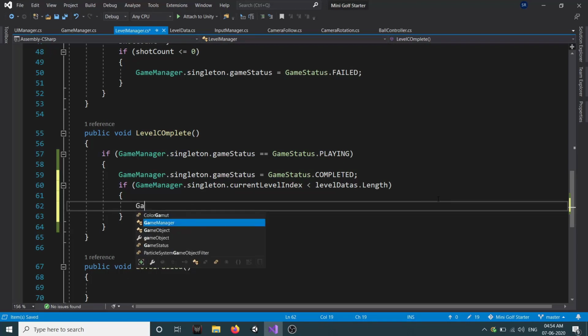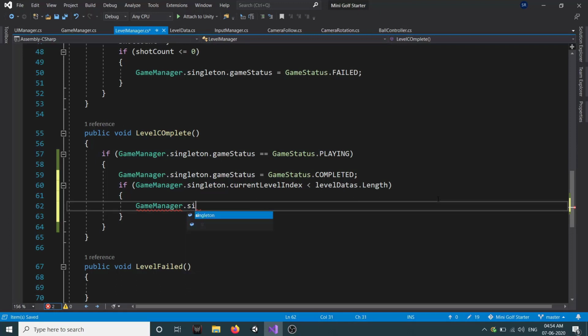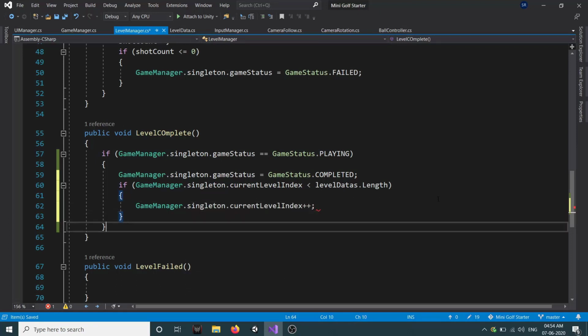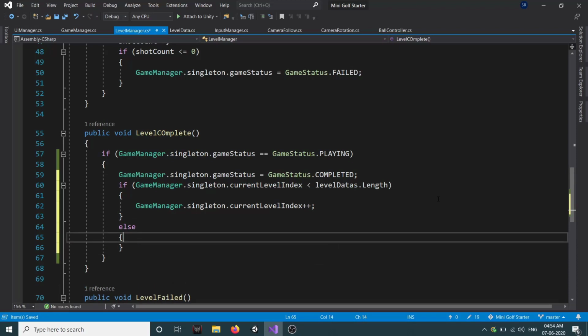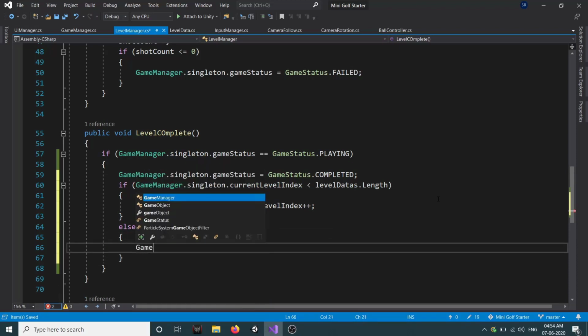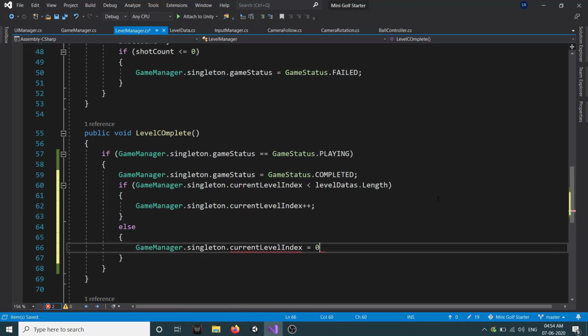So GameManager.Singleton.currentLevelIndex++. If the above condition is false, then in else we will reset our GameManager.Singleton.currentLevelIndex to 0. So we'll start from 0 again.